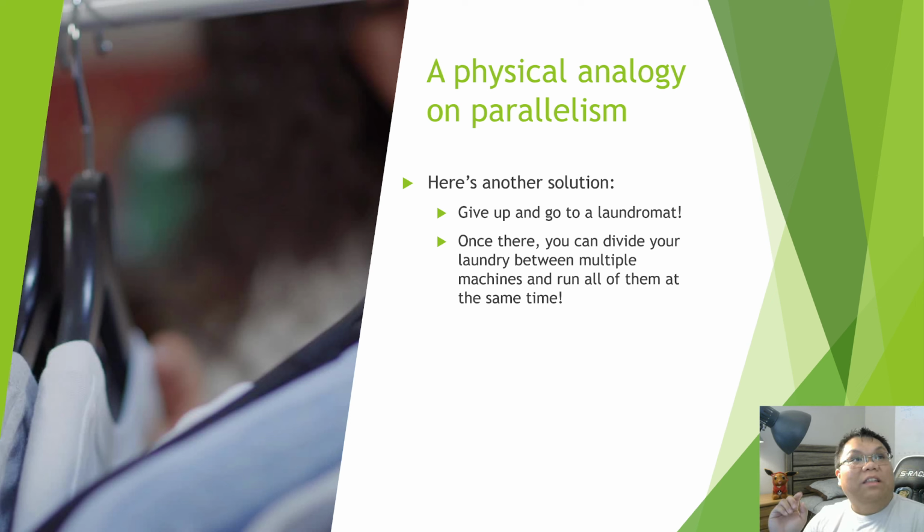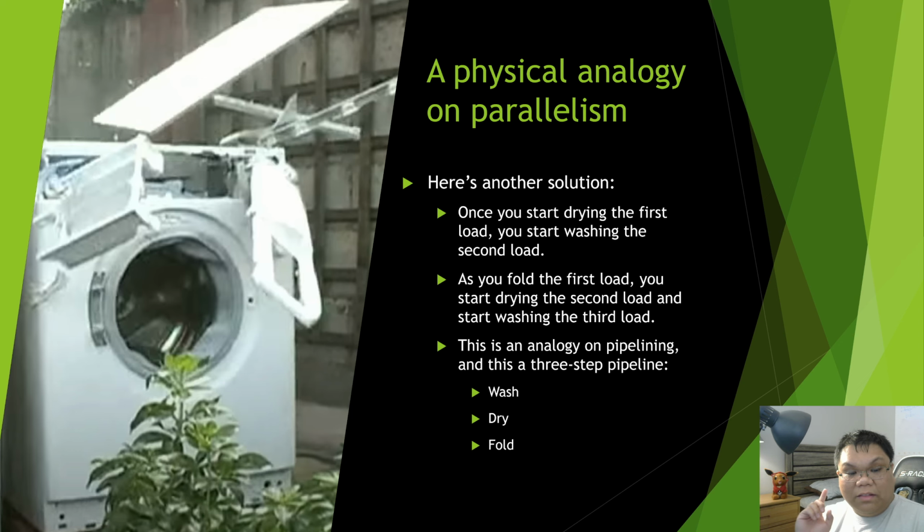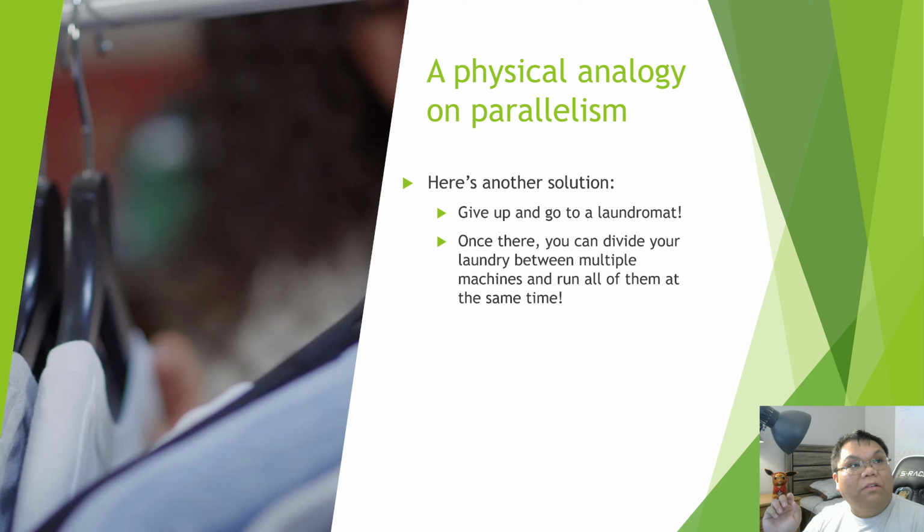But my point is, instead of having up to 3 loads of laundry at different stages in this washing pipeline, we can now have up to 5 loads all washing at once. And when those 5 loads of laundry are washed, we put them into 5 separate dryers, and now we have all 5 loads drying at the same time. Of course, there's only just one of you, so you can only move 1 load at a time.